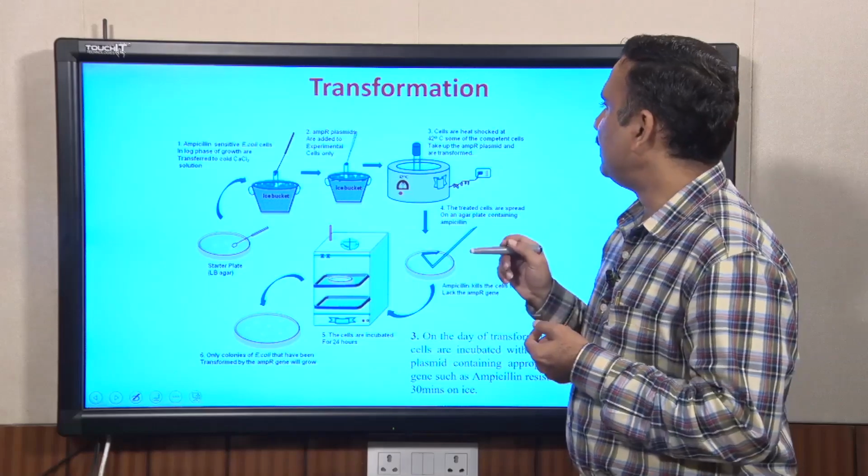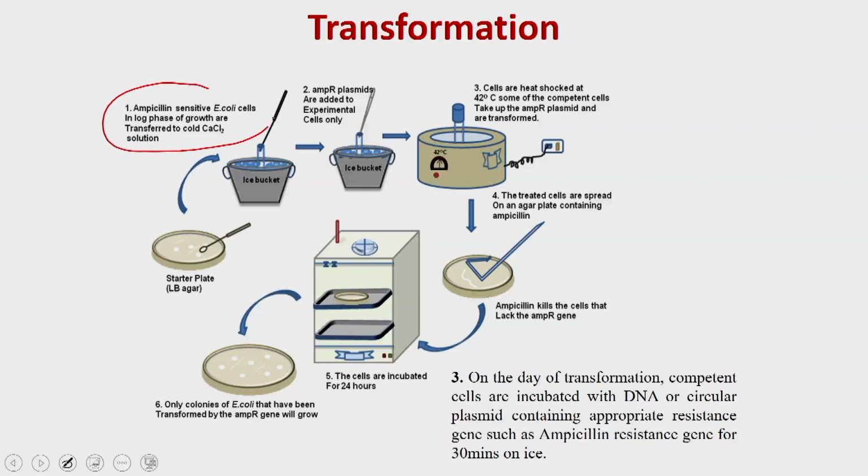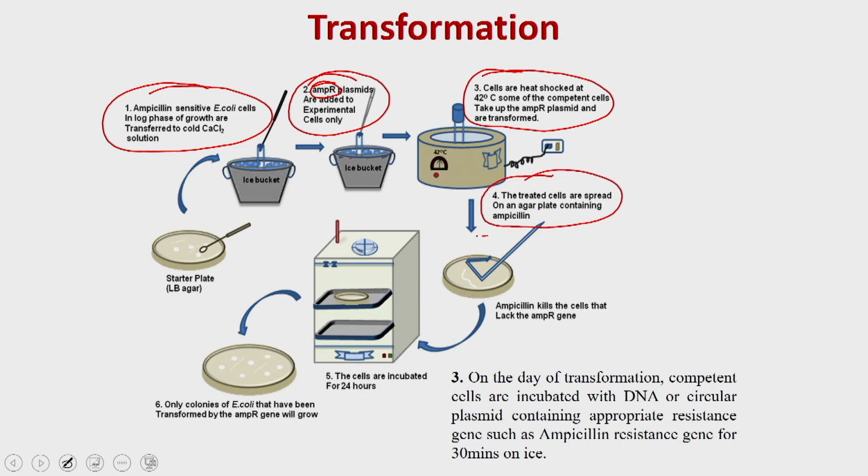In a typical transformation, you first grow the bacterial cells and add the plasmid of your choice. For example, in this case we are taking a plasmid which is ampicillin resistant, and incubate them on ice. Then you give them a heat shock at 42 degrees Celsius for 90 minutes, then you put them in the recovery phase, and after that you do the plating. After the plating, you leave the plate in the incubator for 24 hours or 16 hours,